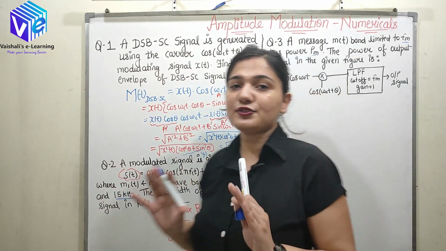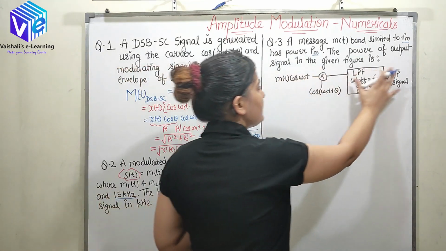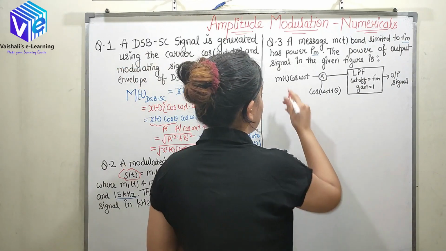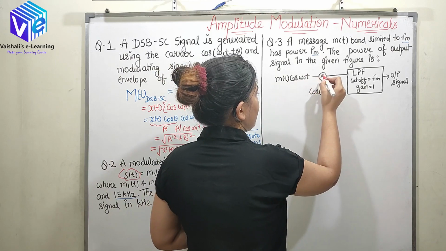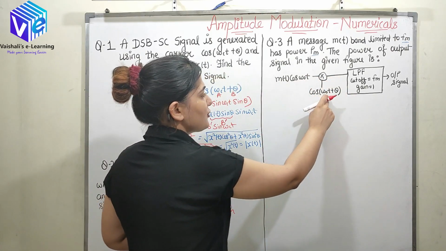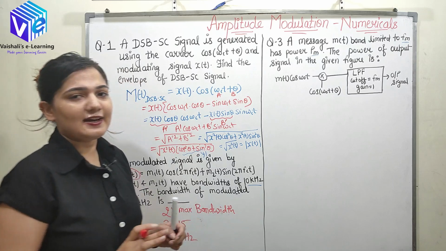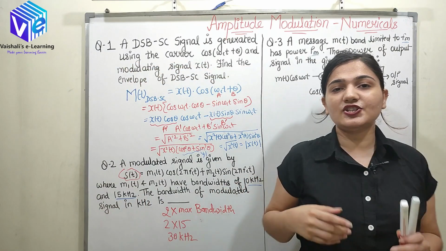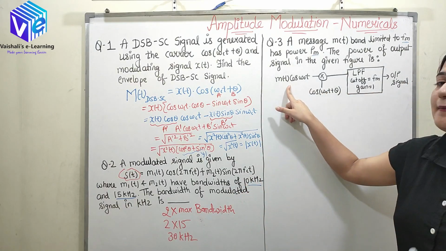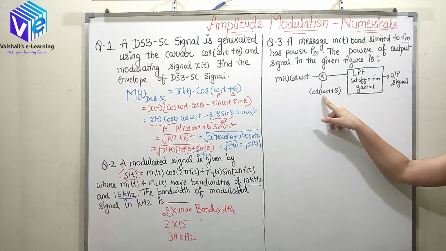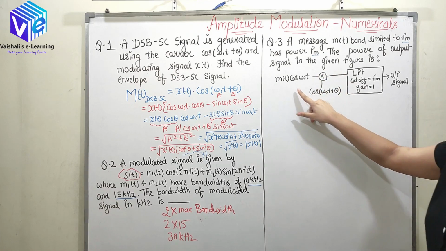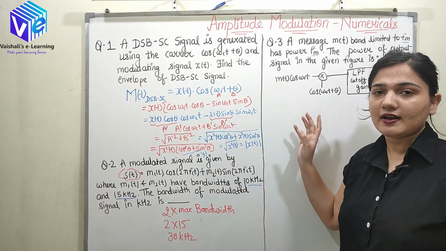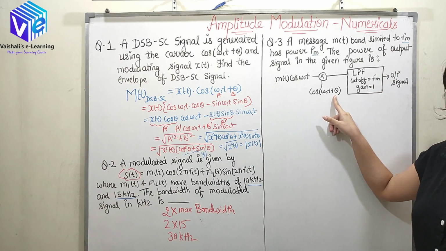First I need to simplify what is given to me in the figure, and then I'll be finding out the output. First I am given m(t) cos ω0t. It is multiplied with cos(ω0t + θ). Actually, m(t) cos ω0t generally represents my modulated signal. So it's the synchronous type of detector, where m(t) cos ω0t is multiplied with cos(ω0t + θ). So here I have a phase shift.